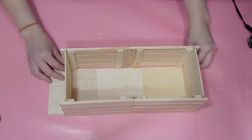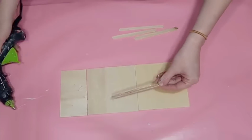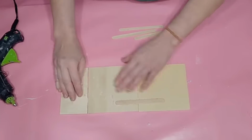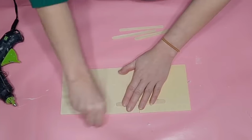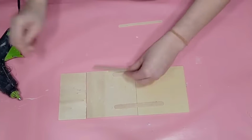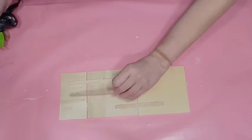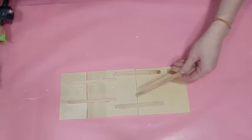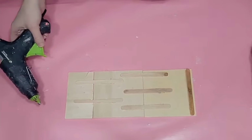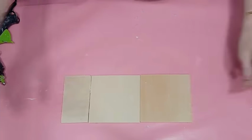I am going to place 3 of them together for the bottom of my crate, and then I have to trim one of them like you saw to make it fit. So I'm going to go ahead and use some popsicle sticks to hold this all together. Now the popsicle sticks are going to be on the bottom, so I'm careful to put a popsicle stick on each end of this to make sure that it's not going to affect how it stands and it will stand level. So I'm not quite sure if I show that. Oh yeah, I do. I put one on each end to make sure we have some level standing,